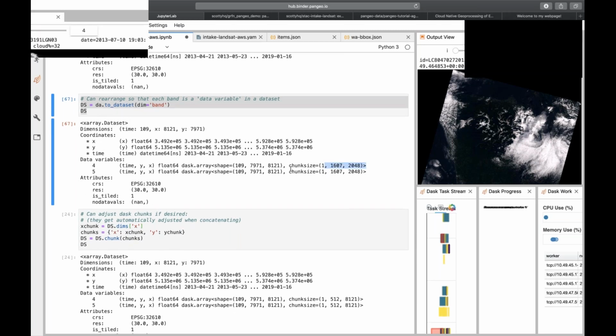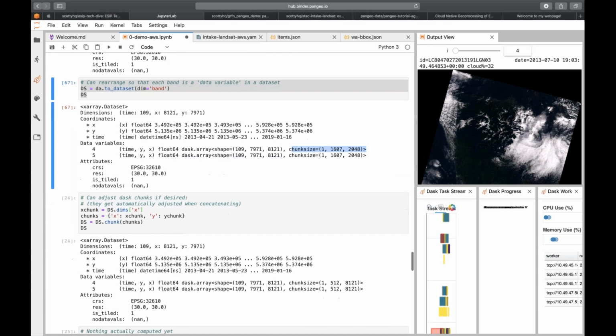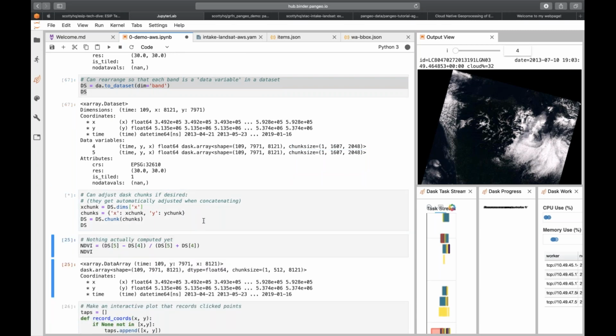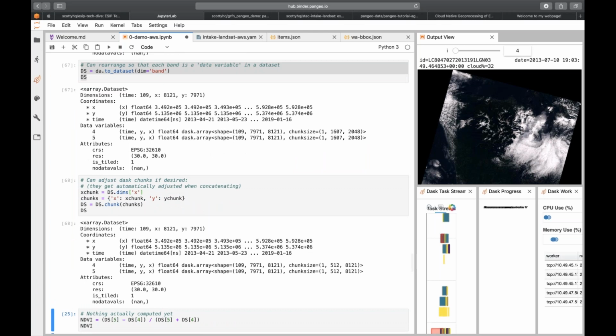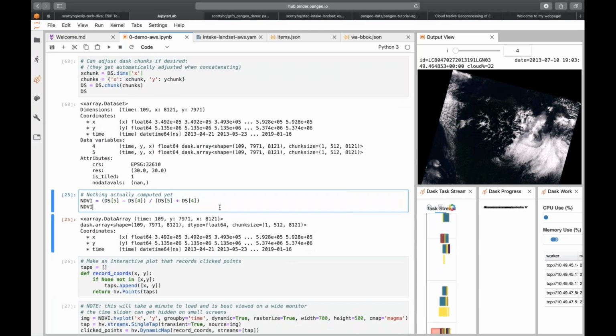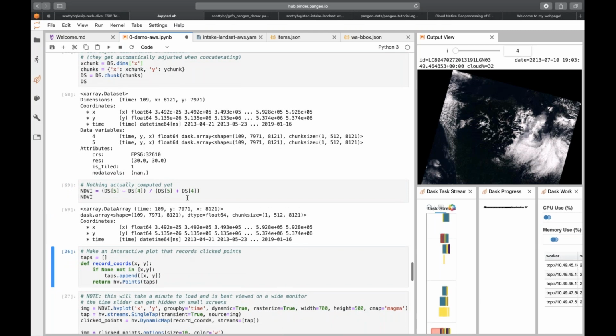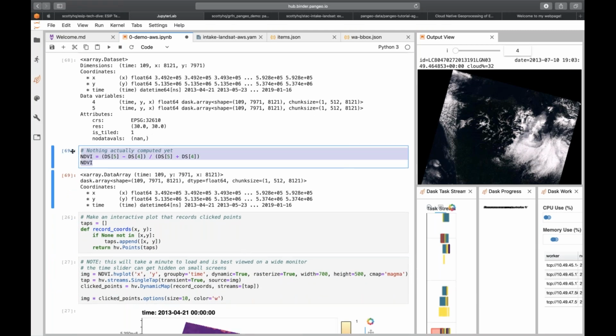You can change these chunk sizes if you want, depending on if your arrays are float valued or integer valued. You may want to change these chunk sizes so that they're an appropriate amount of information that you're sending to each machine. So that's what's happening here. And finally, we'll just do an NDVI calculation. So this cell here is this NDVI index, and we got something back instantaneously,